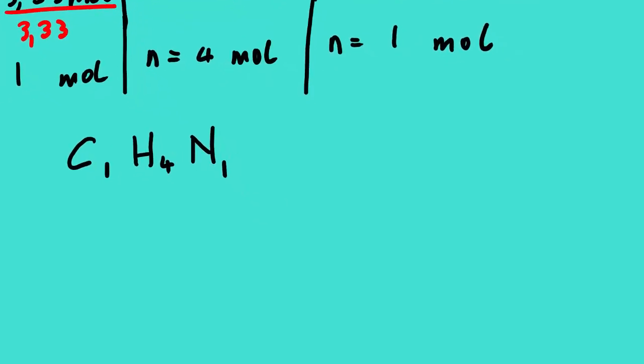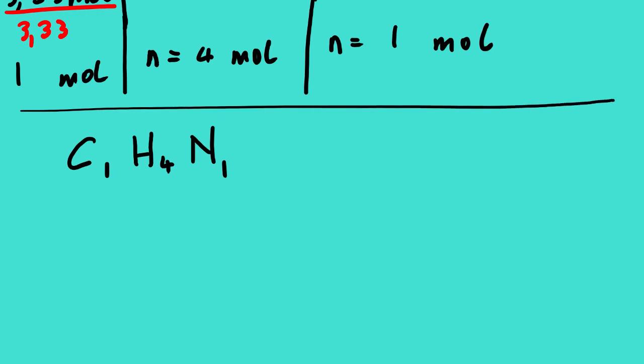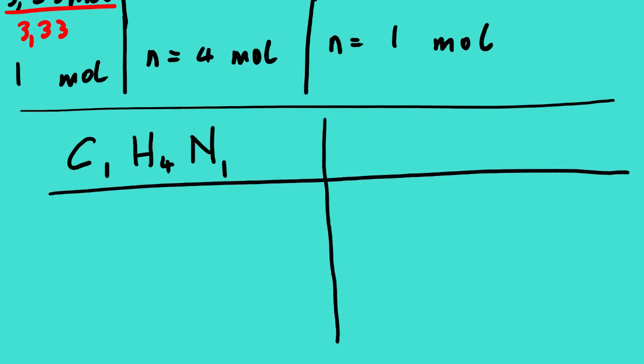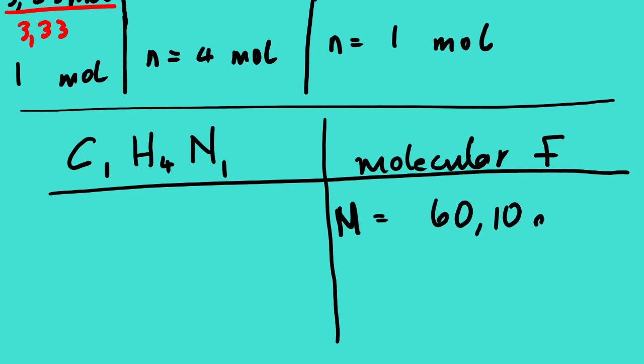Now remember the question, we are looking for the molecular formula. And then what we have, the molar mass of the molecular formula is 60 grams per mole. And then from here, we need to calculate the molar mass of the empirical formula. Now we know that the molar mass of